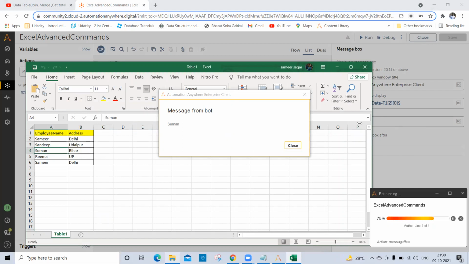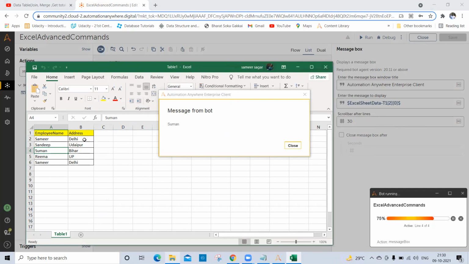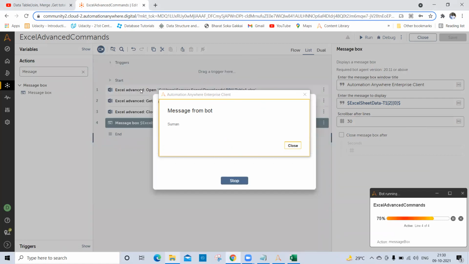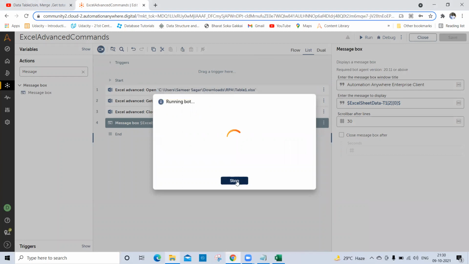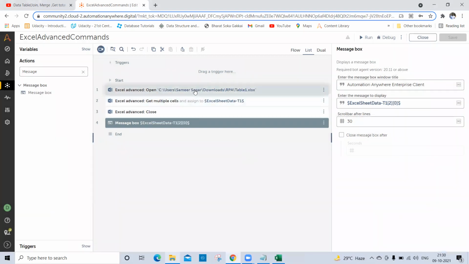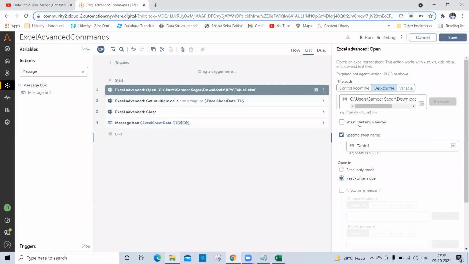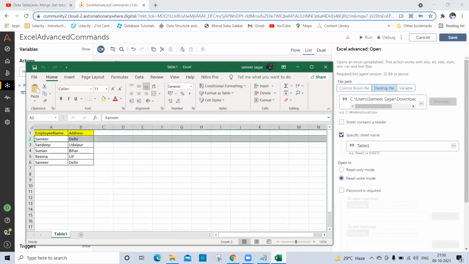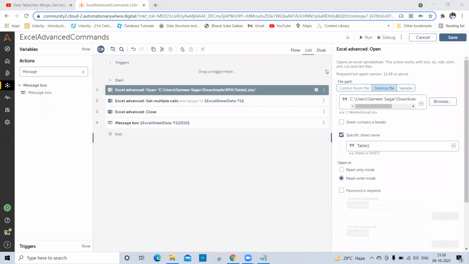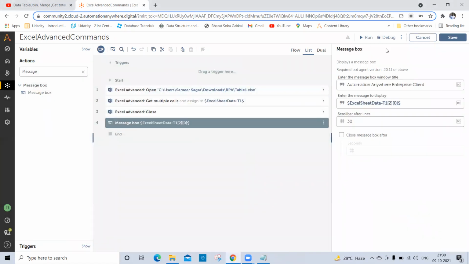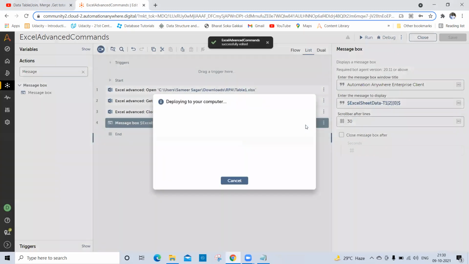It is coming soon because it has header 0, 1, 2. Oh, I counted the header part. That's why, because we had already selected the header when we were opening that Excel file, right? So the count will start from this one, 0, 1, 2. So if I don't select the header in this open command, let me go there. If I don't select the header, let's see what result we will get. I'll use the same table and the same value here, 2, 0 only. Then let's see what value we get without selecting the header.